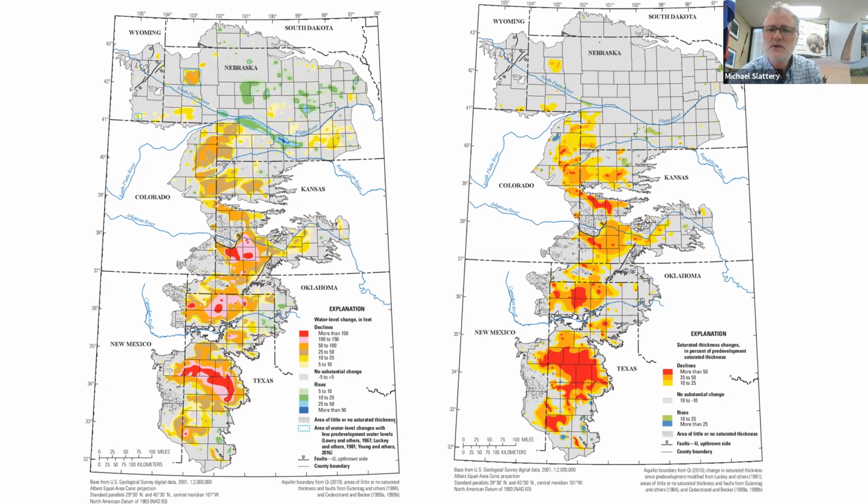On the right, you're looking at the percent change. So anything in red here, the water level in that aquifer has gone down by more than 50% since farming really began there, right? So again, stretching not quite from El Paso, but from west of Midland, right on the New Mexico border, up through Lubbock, up through Amarillo. We've got parts of that aquifer that have declined by more than 50%, right? And that's why the estimates are that this aquifer is going to begin to dry up by the middle of